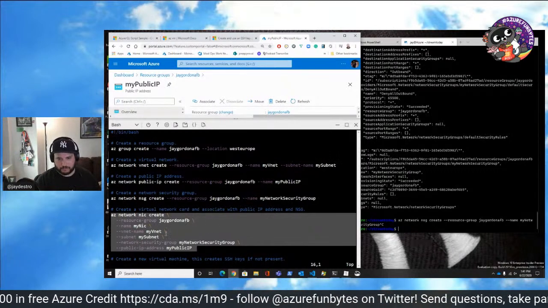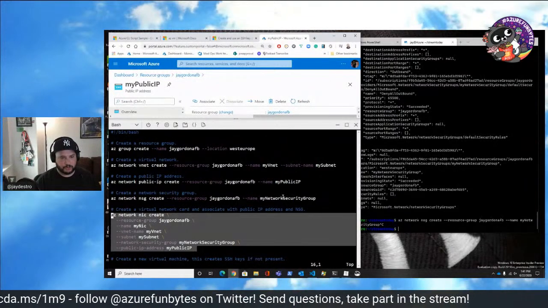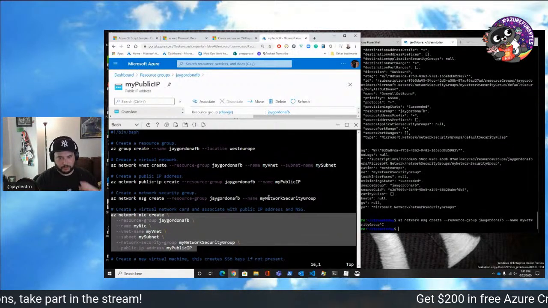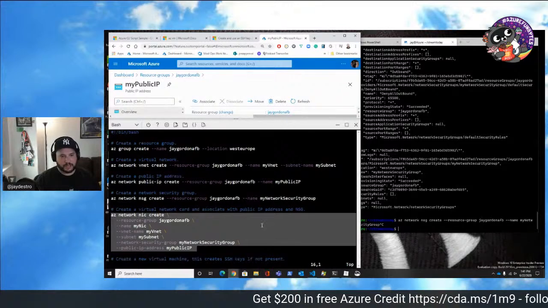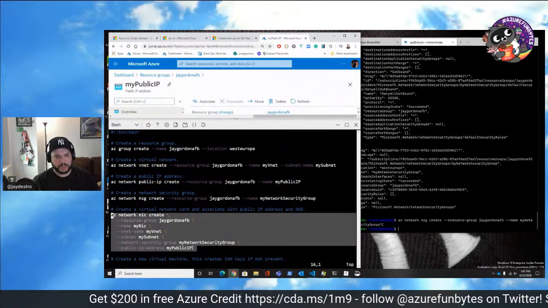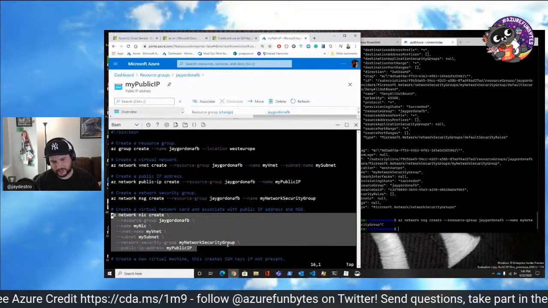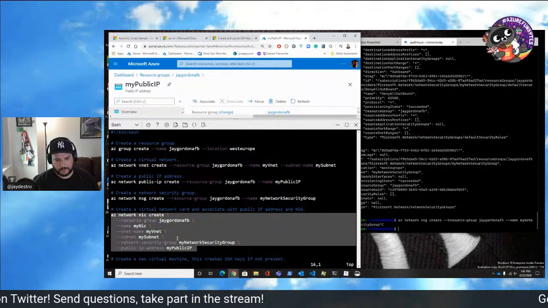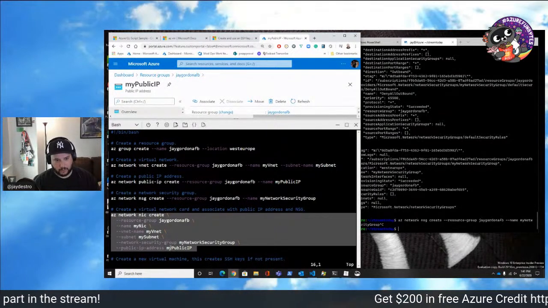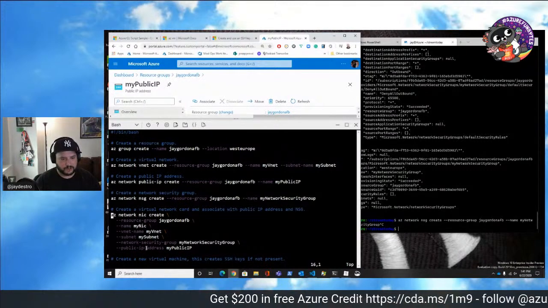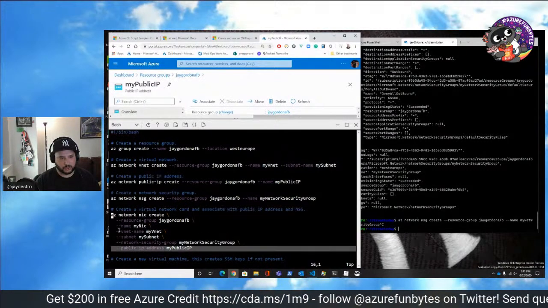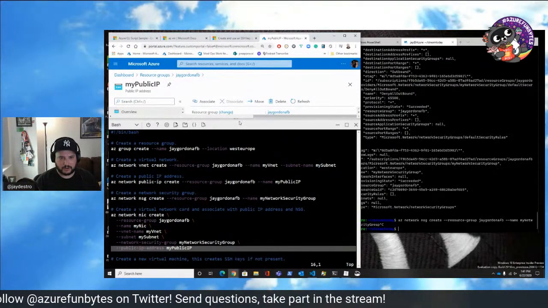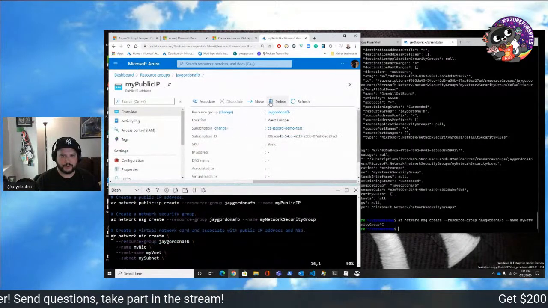The network security group that we just created is going to allow me to keep things in the same security group across a number of different servers. And so all my network cards will, by default, have this network security group attached to them. If I make any changes to my network security group, it'll automatically be applied to this network interface card. And then eventually we're going to specify the IP address that's associated, the public IP we just created a few minutes ago. And if we look here and we refresh,